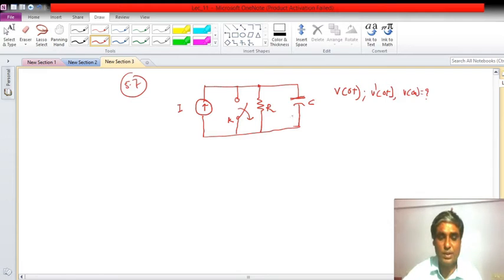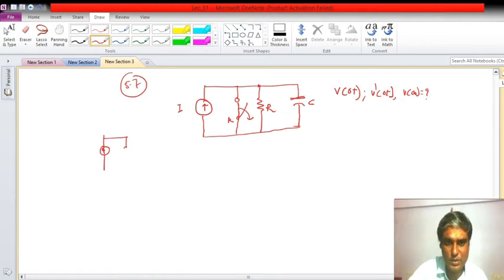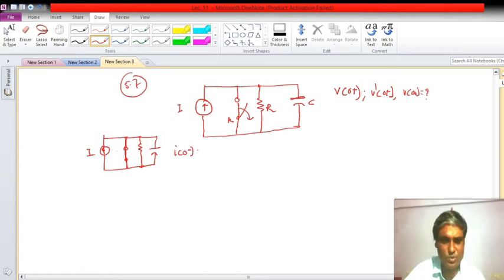Okay, so before the circuit reached steady state, what was the condition? Your current source, the switch was connected, and here R, and there was C. So when the switch is closed, this will become a short circuit. If this is the case, what will be I of 0 negative? It will be 0, because all the current will go through the switch. So if this is 0, what will be VC of 0 negative? VC of 0 negative will also be 0, because I of 0 negative into R is 0.